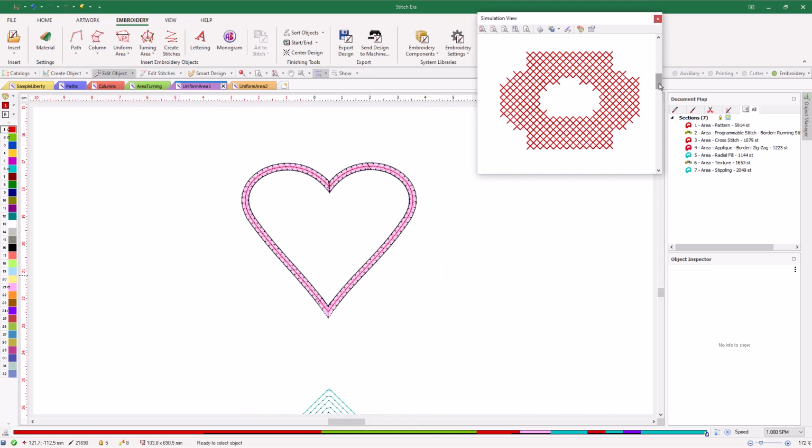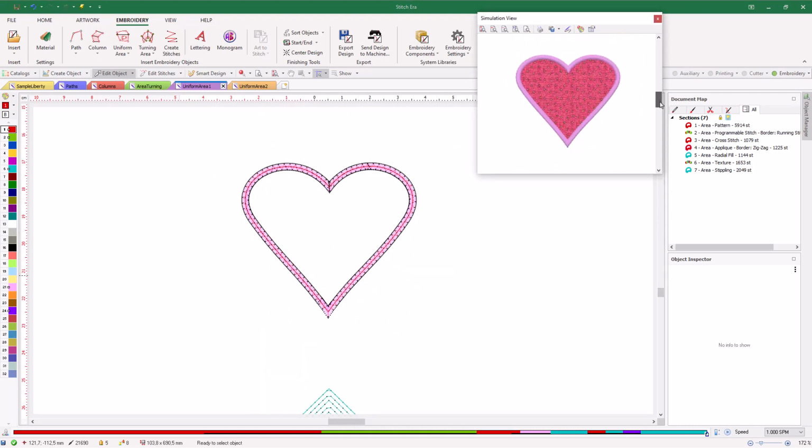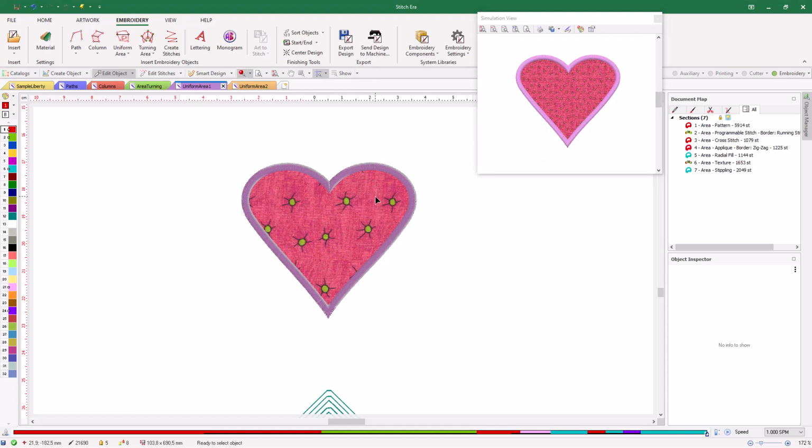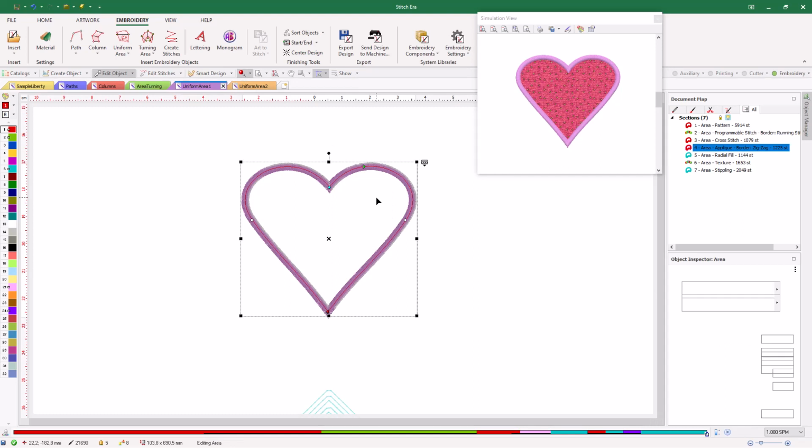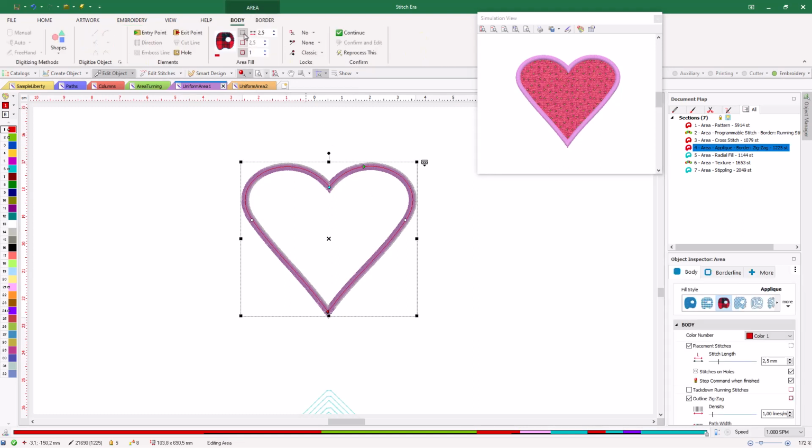We can use the uniform areas to include appliques in our design. The applique technique consists of using a fabric cutout, instead of stitches, to cover a region of the design. This type of filling usually begins with a set of running stitches along the contour to indicate where the fabric cutout should be placed. After these stitches, a machine function is commanded to stop the machine so that the fabric cutout can be placed. Then a set of